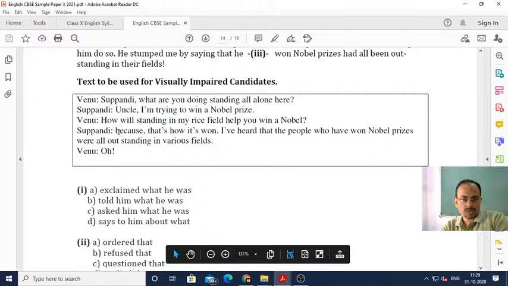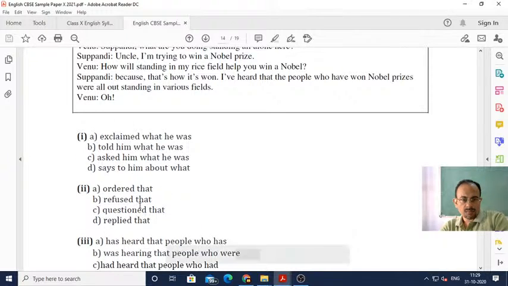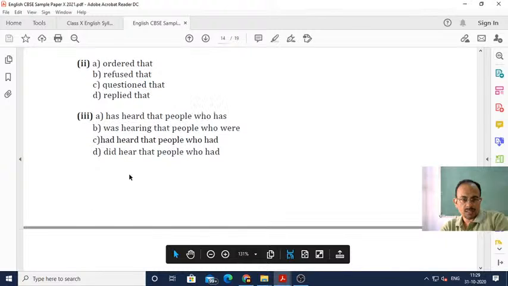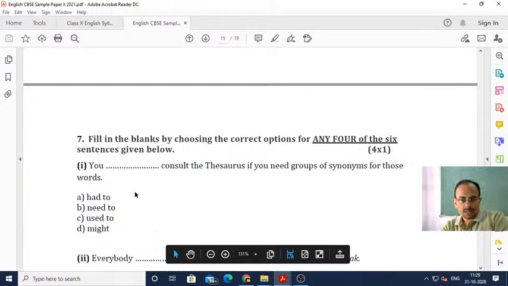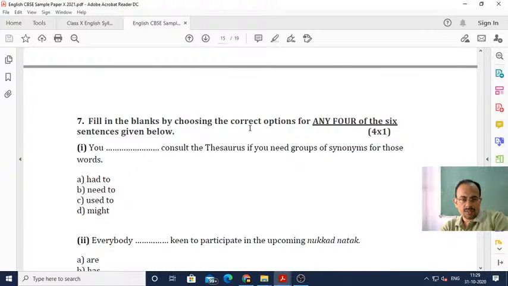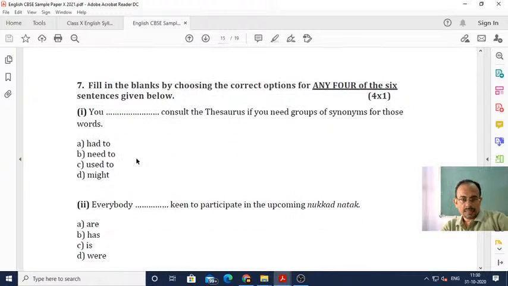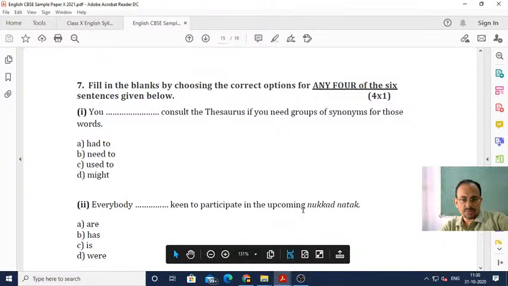See, this question is also given here, and then the answer options are given here. And next they've given the correct option, any four of the six sentences. Like, you dash consult the thesaurus if you need a group of synonyms for those words. Okay, so you know, everybody dash keen to participate in the upcoming